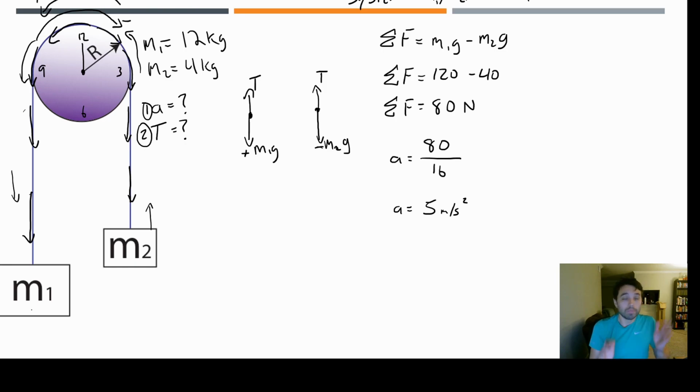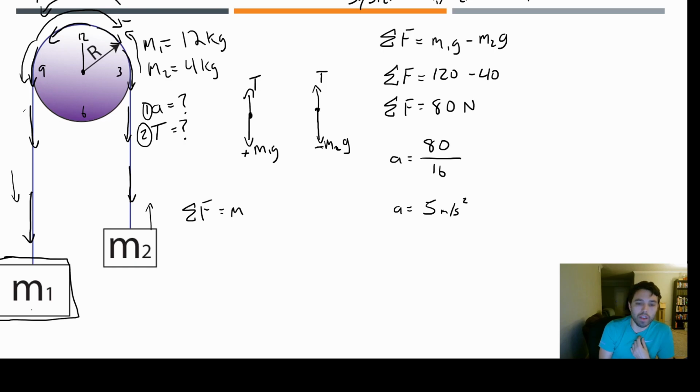What we're going to do is pick one of the objects. We're going to change our system from being both blocks plus the rope to being just one of the blocks. It doesn't matter which one you pick, M1 or M2. Let's just pick M1. So we know the acceleration on